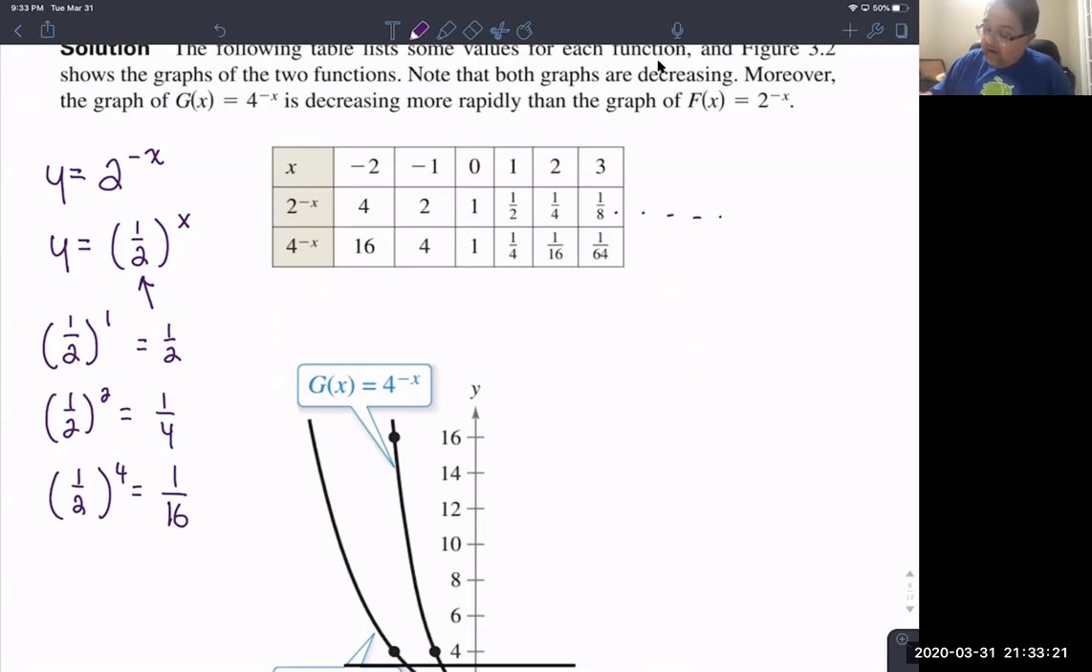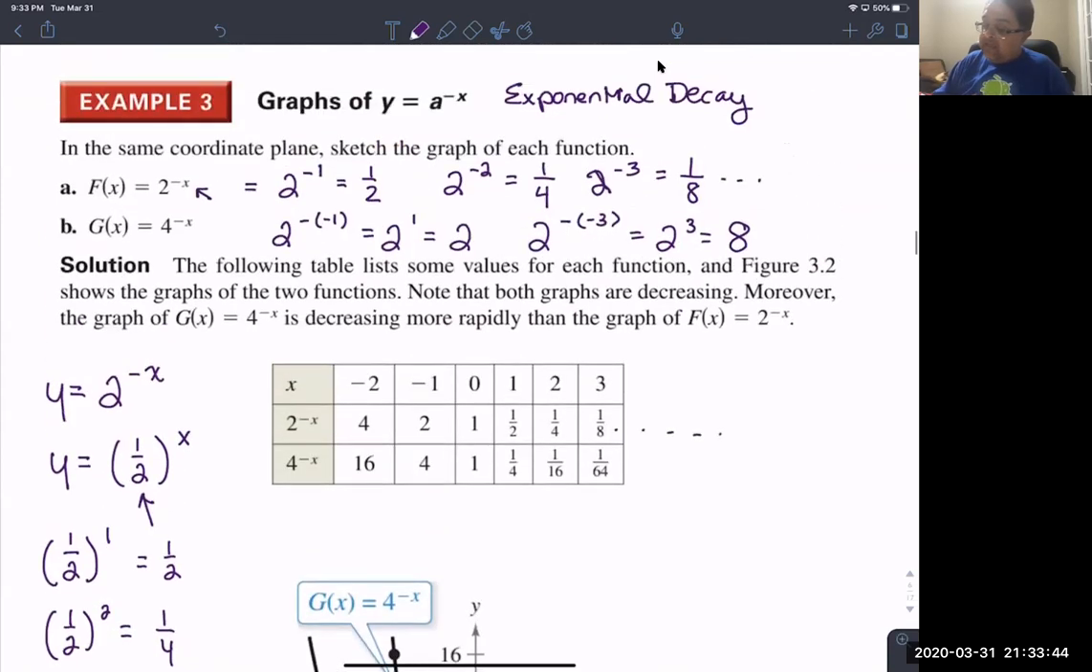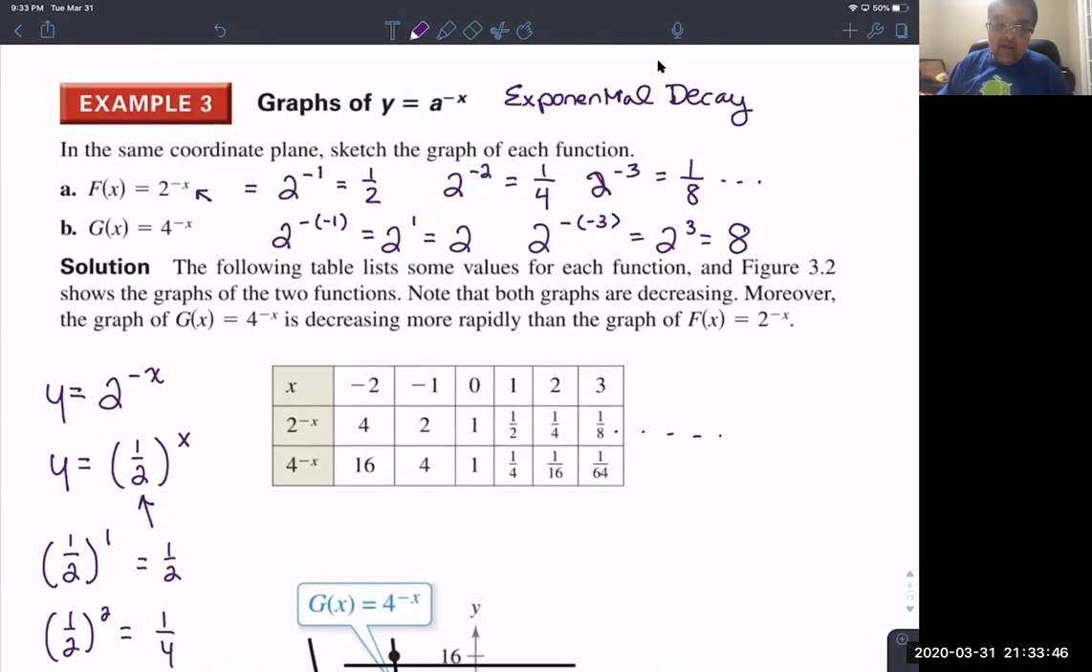And if I go more negative, 1/2 to the -1 is the reciprocal of 1/2, which is 2. 1/2 to the -3 is the reciprocal of 1/2, which is 2, and 2 cubed is 8. So in these cases, when either the exponent is negative or my base is a fraction less than 1,